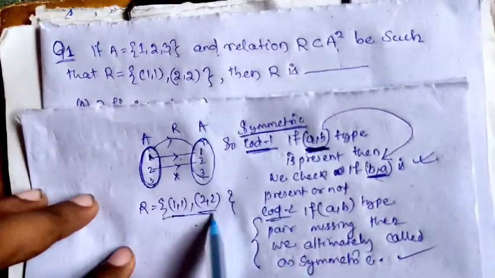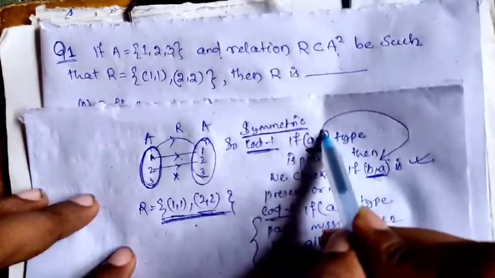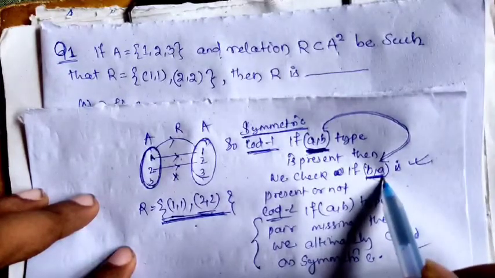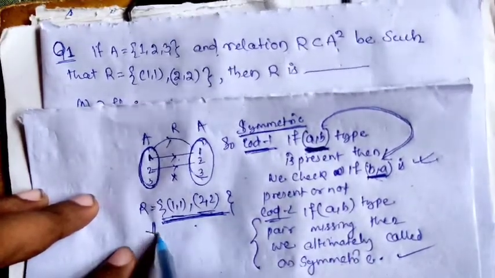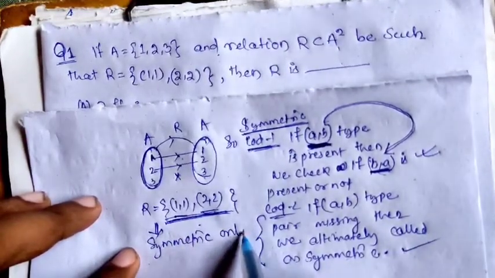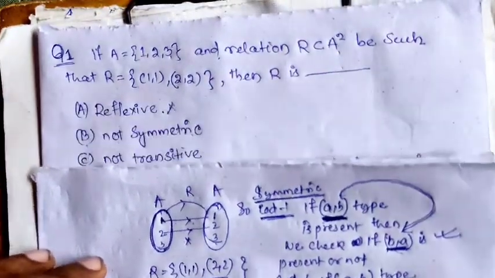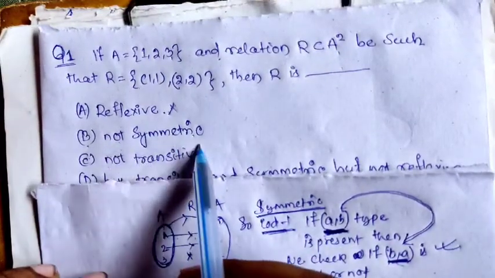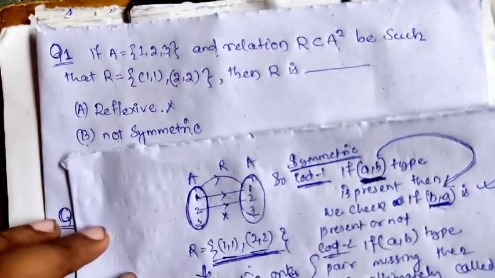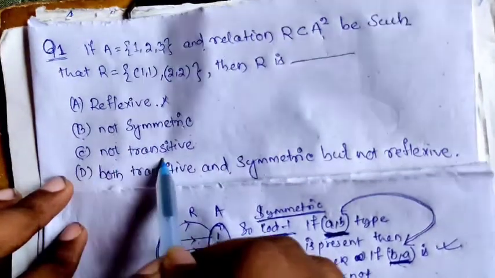Here an AB type ordered pair is missing, so we do not need to check whether a BA type ordered pair is present or not. We simply say that it is a symmetric one. Okay, symmetric one. So option B said it is not symmetric. Now option C says it is not transitive. For transitive, we know that